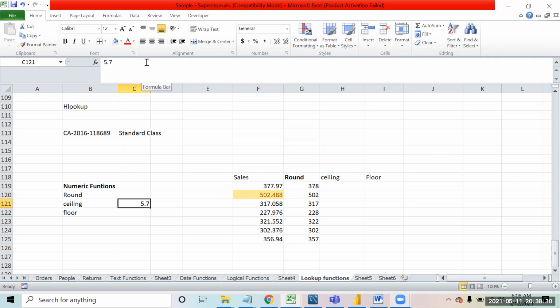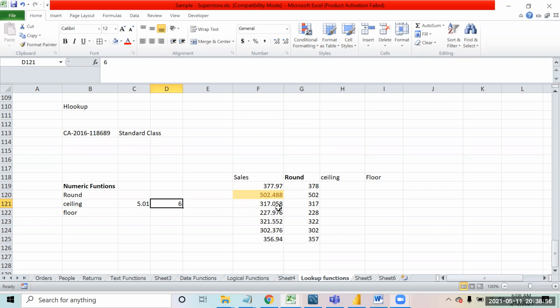If the number is 5.7, the output will be 6. Even if the number is 5.1, it still gives the output as 6. Even if the number is 5.01, the output will still be 6. So when you have a decimal number and you apply a ceiling function, it always rounds up. It does not follow any mathematical rule.